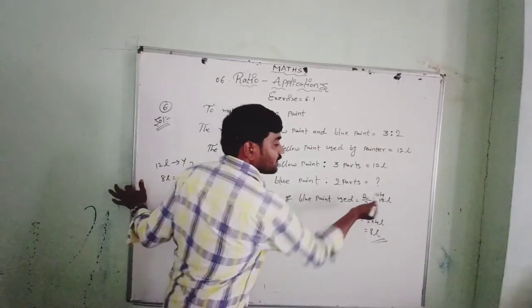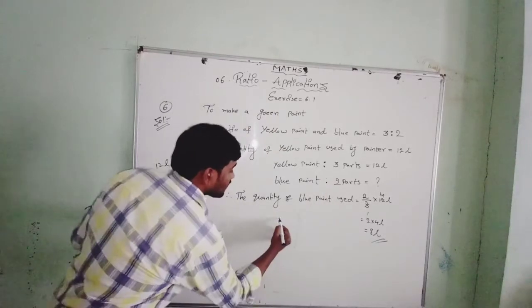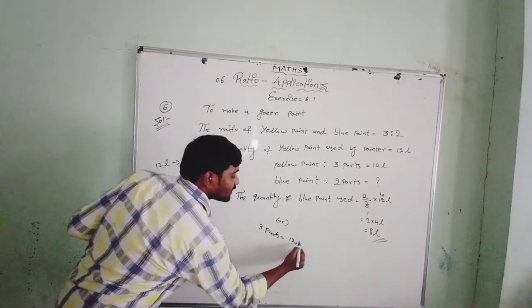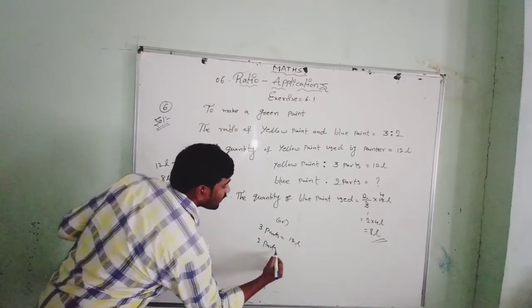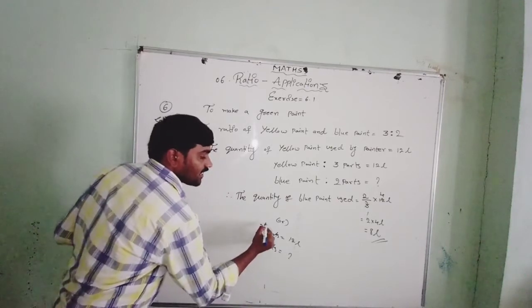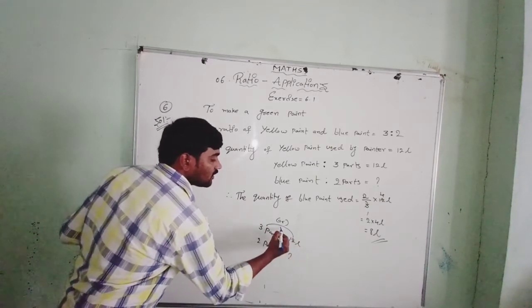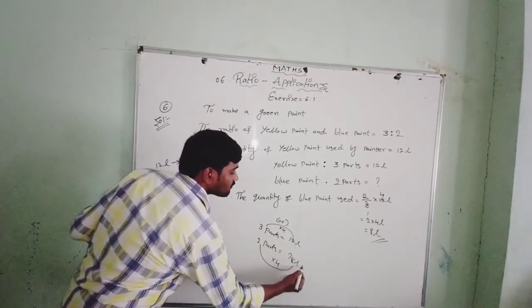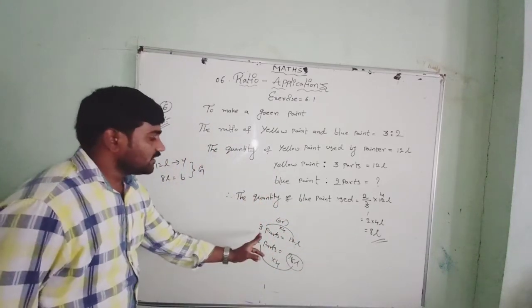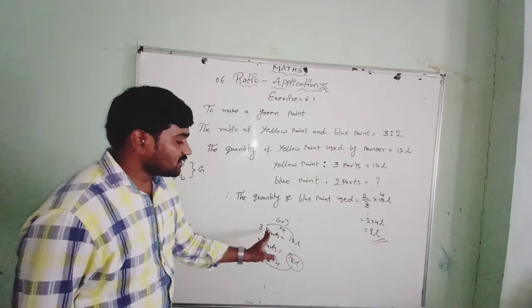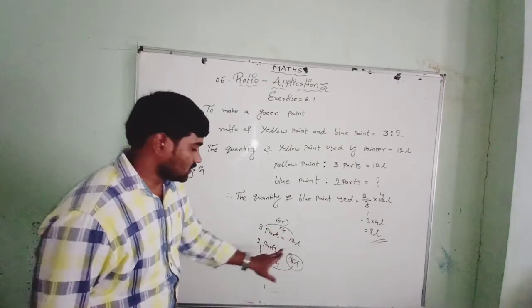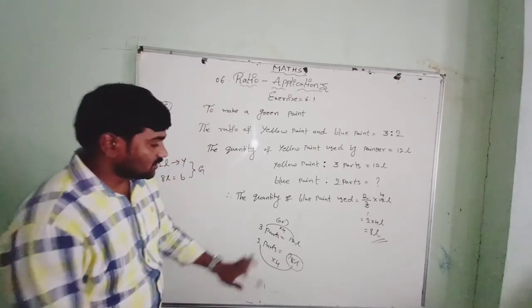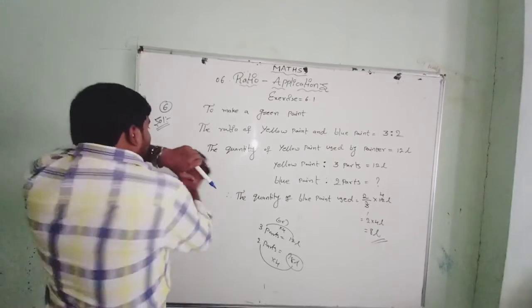Why we use 2 by 3? In the sense, let me tell you. Here, in another way, I will tell you a very simple way. Here 3 parts equal to 12 liters. Then 2 parts equal to how much? 3 how many are 12? 3 into 4. 3 fours are 12. In the same way, 2 into 4, 8. Simple. 3 parts into 4, 12 liters. 2 parts into the same quantity we have to pour. So 2 into 4 is 8 liters. Okay, this is the way to remember.